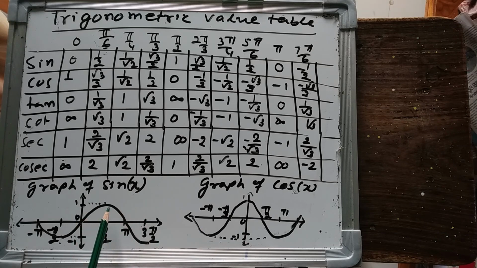Earlier we defined that sin x has the domain real set and the range minus 1 to plus 1. This curve lies within the range minus 1 to plus 1. Similarly cos has the range minus 1 to plus 1, the closed interval. As earlier, the domain of sin is the real set and the range of sin is minus 1 to plus 1, the closed interval. Similarly, the domain of cos is the real set and the range set is minus 1 to plus 1, the closed interval.